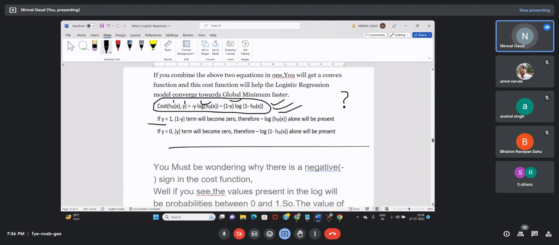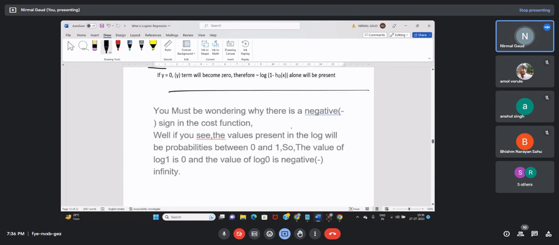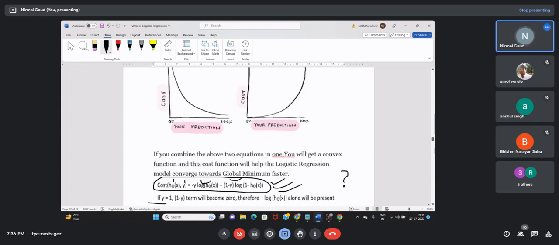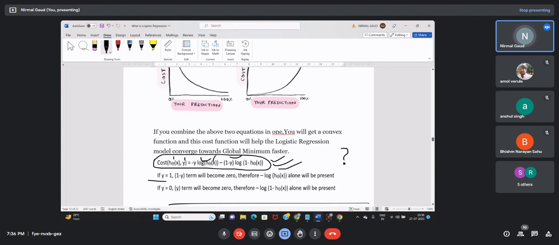ओके तो अब ये बोला गया कि you might be wondering why there is a negative sign in the cost function, तो I already told कि कॉस्ट को तो नीचे गिराना ही है, we need to dip down the cost. Okay, and we can see the values present in the log will be the probability between 0 and 1, ये तो मिलना है. In case of logs, यहाँ log ले रहे हैं, and hx is obviously what, hx क्या देने वाला है तुम्हें, what hx is going to do, ये probability तो है, ये p है, it's probability. और यहीं से शुरुआत करी थी logistic की, we did started from logistic on the basis of this probability only, तो ये p तो है, ये hx, ये p है, so I am going to get the